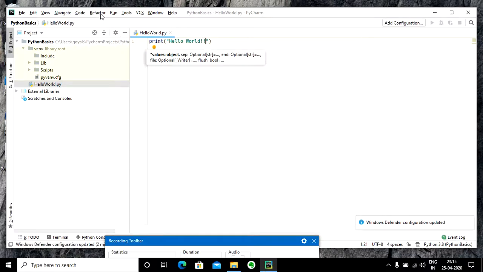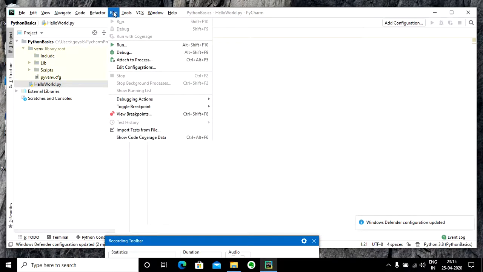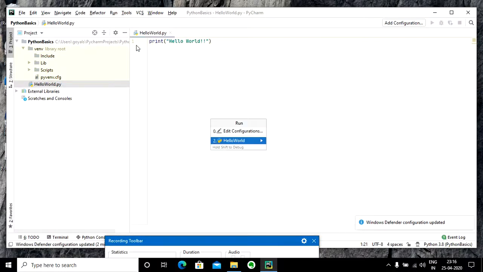Now in order to run this program, just go to the run menu and click on run. It is going to ask me if I need to edit the configuration or go with the default configuration of this file. For now I'm going to go with the default configuration.